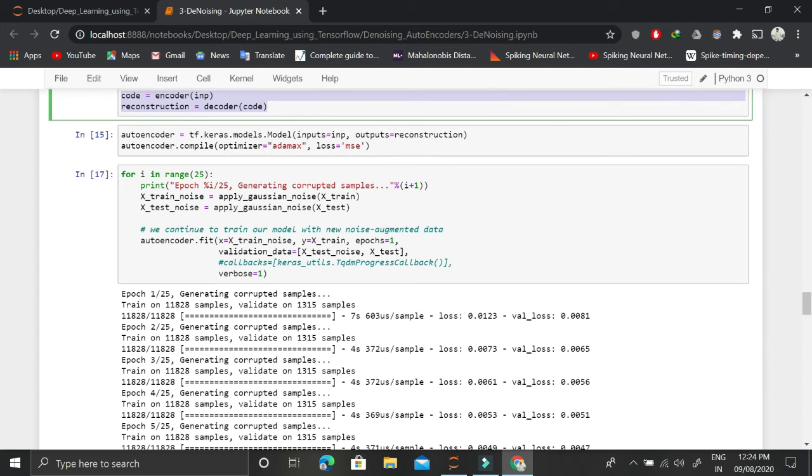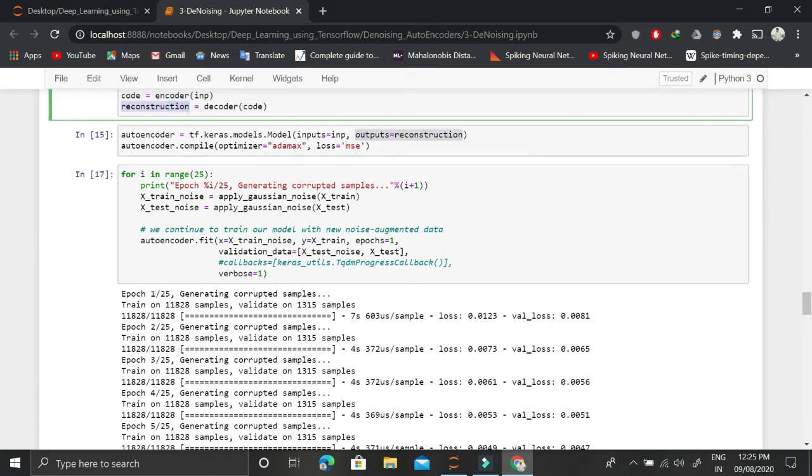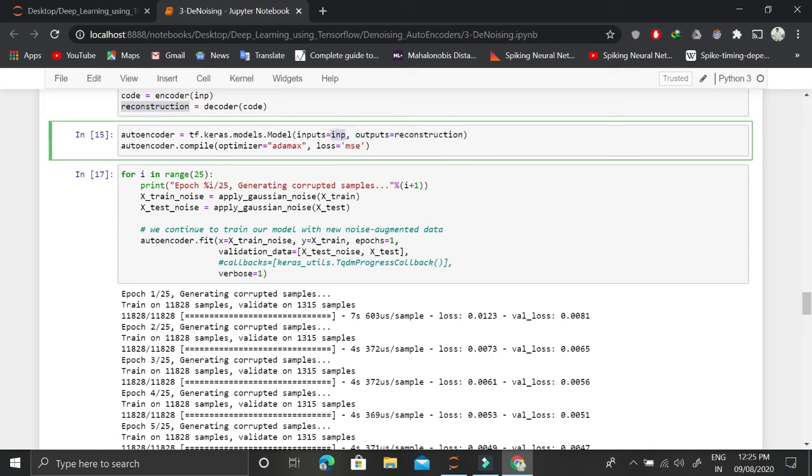Then we will define this Keras model, where the input is equal to inp, and for outputs we have only a single output, and that is the reconstruction. We are interested in this single reconstructed image given this input image. We will be reducing the mean square error from pixel to pixel. We want to regenerate each pixel in perfect condition, so that there is the least loss of information, and that's why we are using the loss of mean square error. We are using the optimizer Adamax, and we are compiling this model.